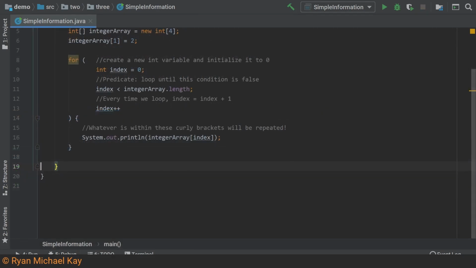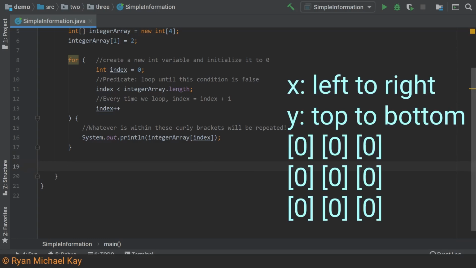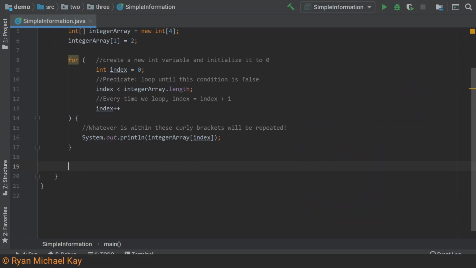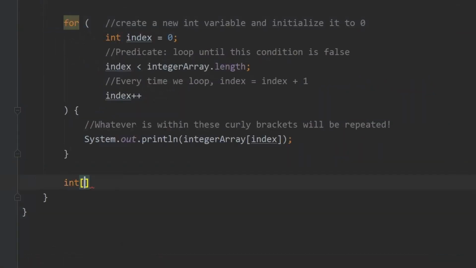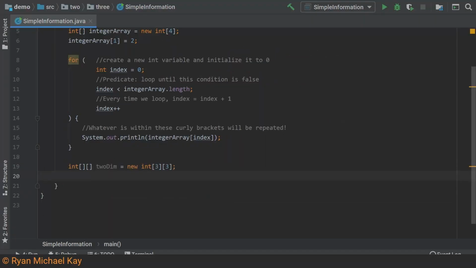Before we proceed, there is one more thing about arrays that I want to show you. Suppose that the indexes of an array represent a coordinate, which we will call x. It is actually possible to add more coordinates to our arrays and thus create a multi-dimensional array. We will now create a two-dimensional array, which is quite easy to do. The main difference here is that when we want to assign a value to an array cell, we must now supply what I will call a y value as well.